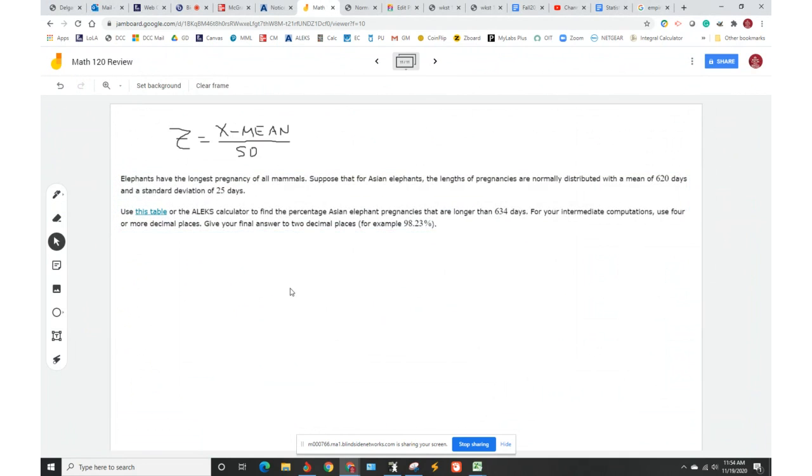All right. So we're given the values that we need here. We got the mean, we got the standard deviation, and then this is what we're calculating for. And we want longer, so that's going to be the complement. We're going to figure out the z-value and then subtract from 1. So z is equal to 634 minus 620